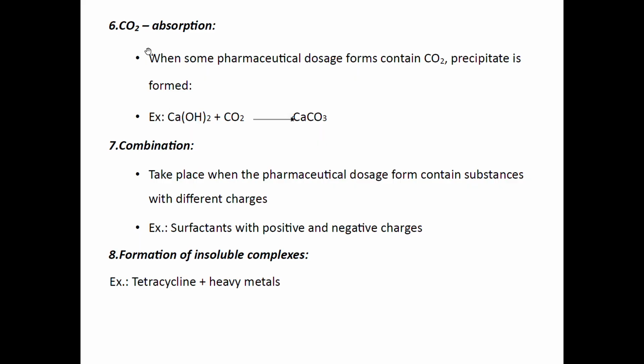Then carbon dioxide absorption. When some pharmaceutical dosage form contains CO2, a precipitate is formed. Then combination takes place when a pharmaceutical dosage form contains substances with different charges. Then formation of insoluble complexes like tetracycline and heavy metals. So these are all from our